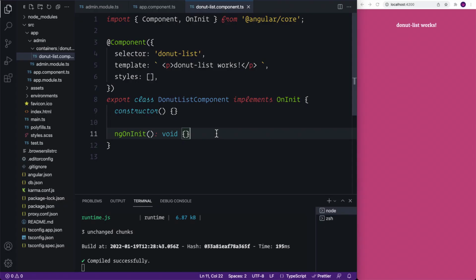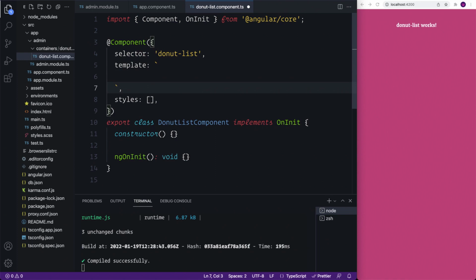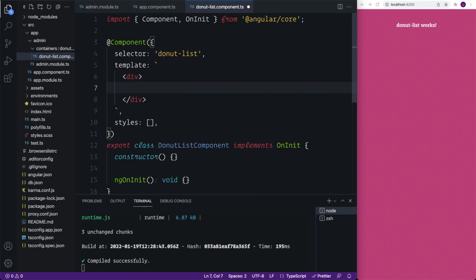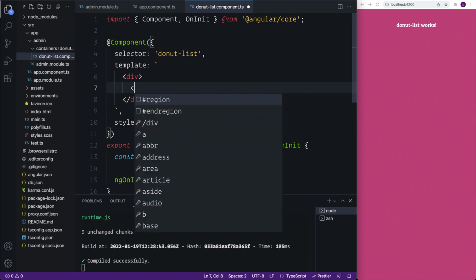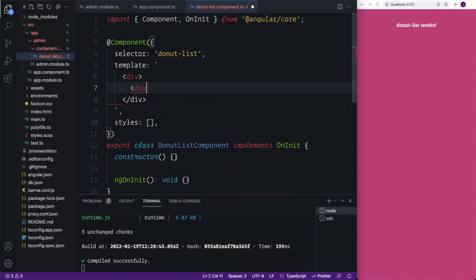So in this lesson, we're going to start creating some of our template data and render it out in the DOM. Now for this, we're going to use the ngOnInit lifecycle hook. First things first, we're going to dive into our template. We're going to replace the default contents with a nice div. Inside of the div, we are then going to start printing out a card for each particular donut, which means